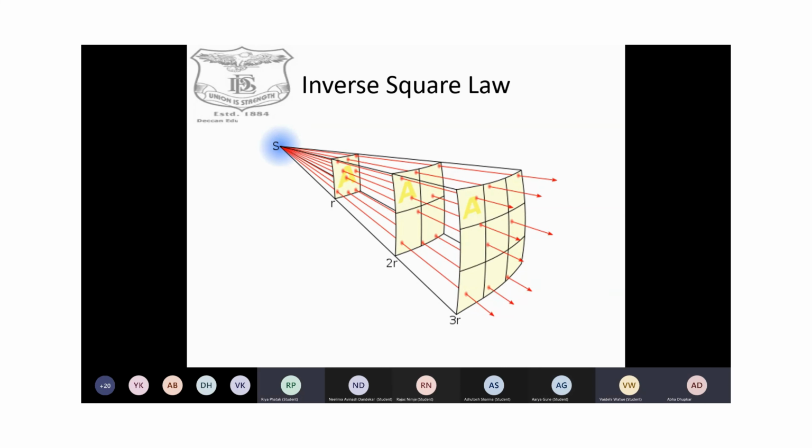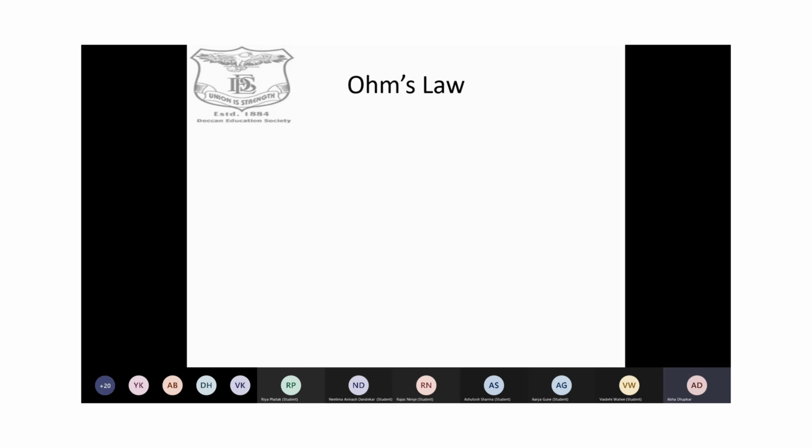Okay. Then we are going to move on to the next law, which I think all of you are very, very familiar with. Current is equal to voltage upon resistance. So current is directly proportional to voltage, inversely proportional to